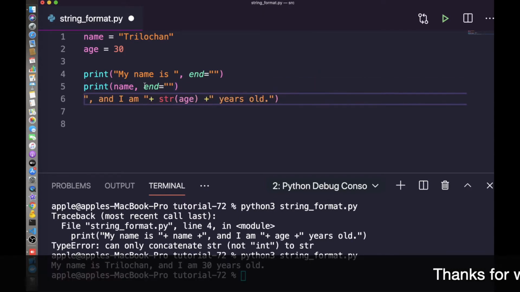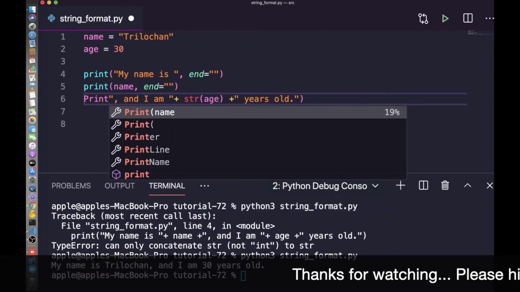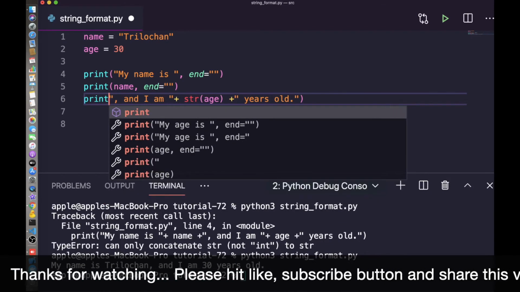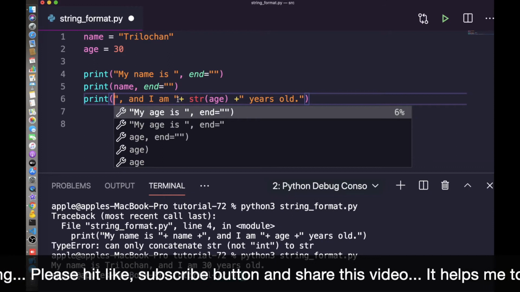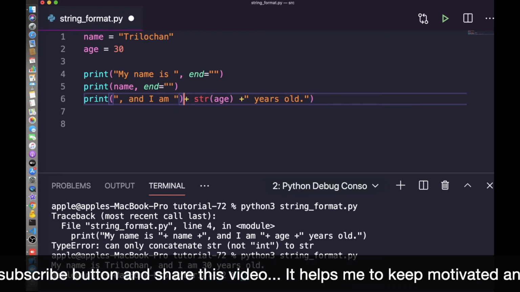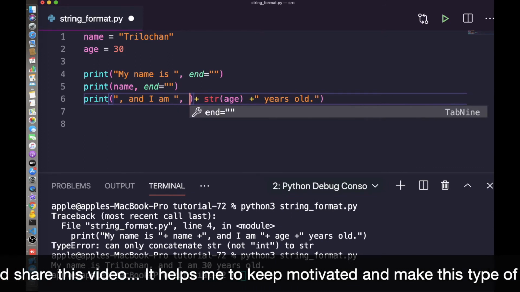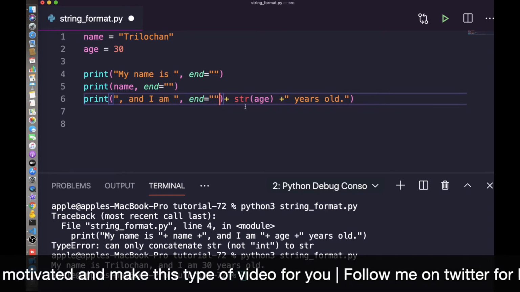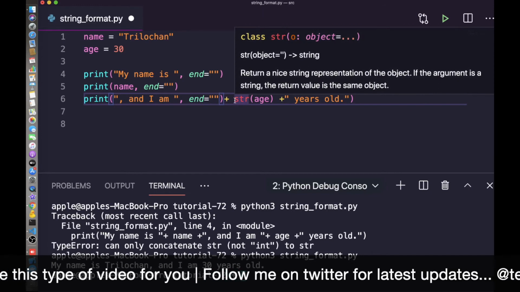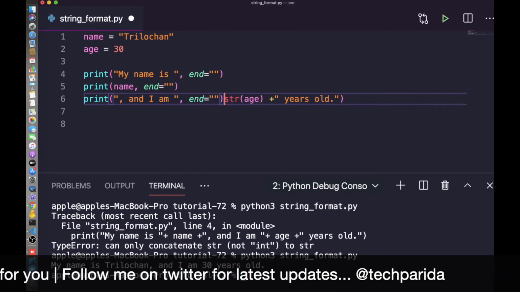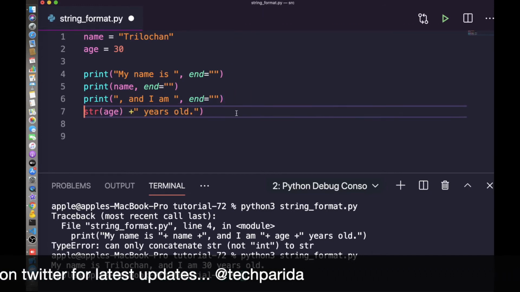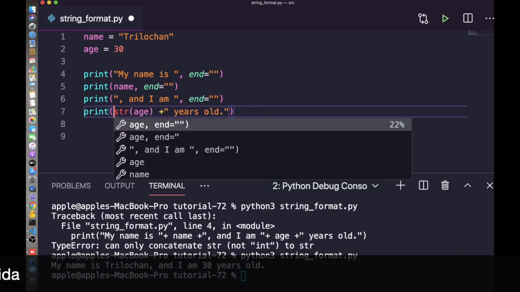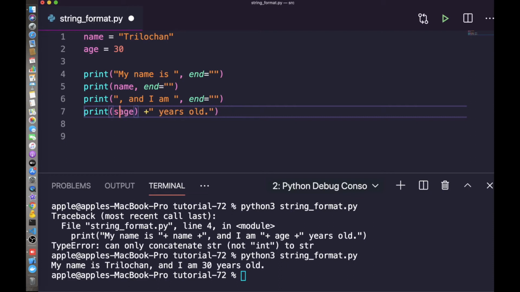Okay, so this is how name is done. You have to remember the space will be the same. You don't remove this space between the words. Okay, similarly you can do all the strings in different print statements. Here str is not needed, so you just remove this. Simply you can write age comma end.